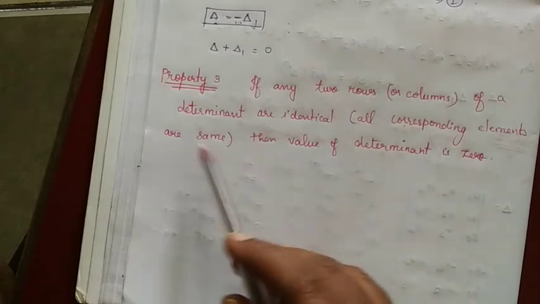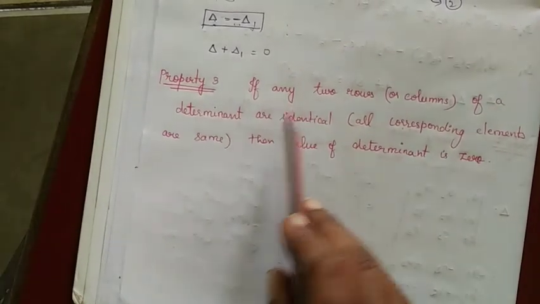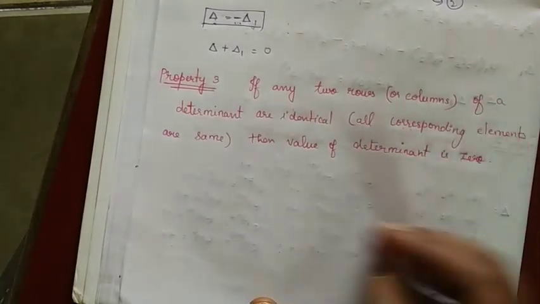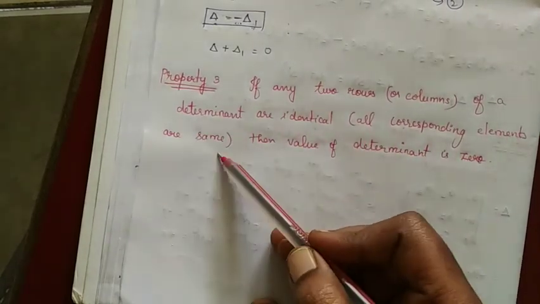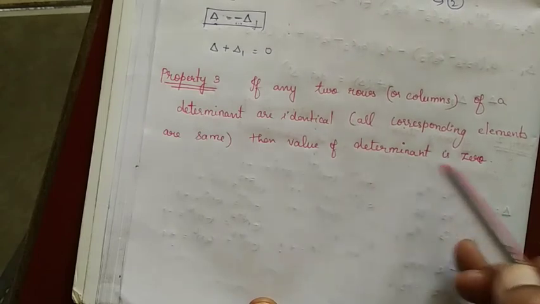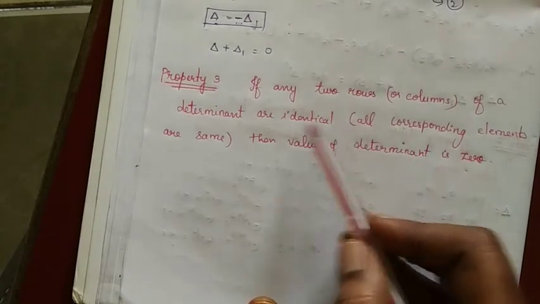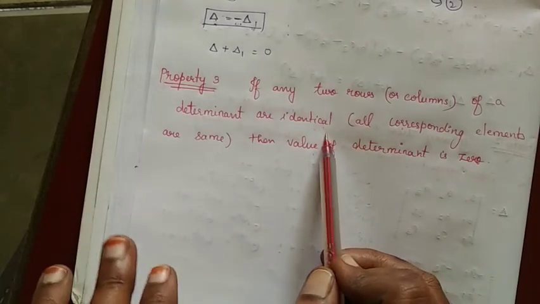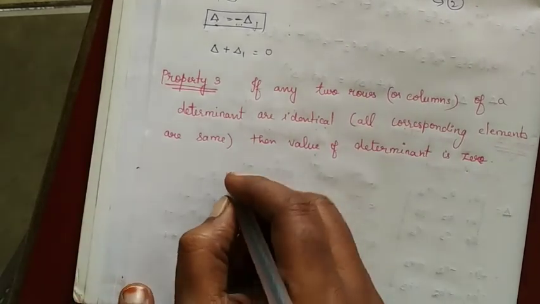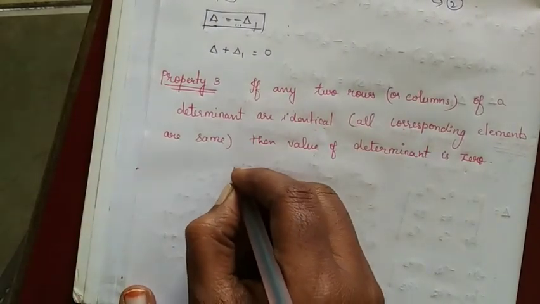Now see here, property 3: if any two rows or columns of a determinant are identical, or the corresponding elements are the same, then the value of the determinant is 0. See, identical means same value, having the determinant same value. Now see here, let us assume that determinant